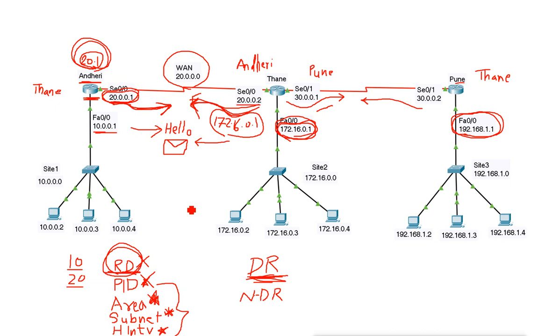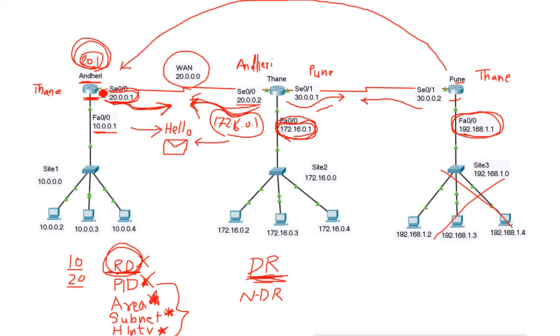Now what does this DR do? The DR is actually for designating the routing information to all the other non-DR routers. When any change comes to the network, when some networks come and go, that router informs the DR, and the DR will inform the other non-DR routers. For example, if this network goes down here, this router knows the network went down, so it will inform the DR router that the networks have changed here.